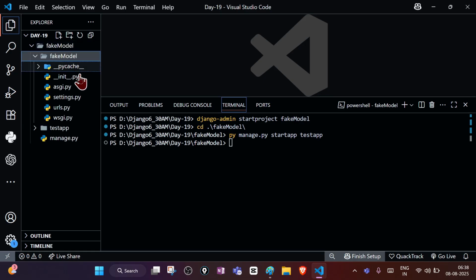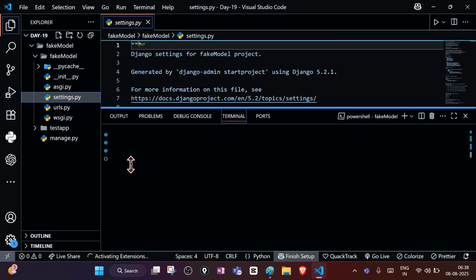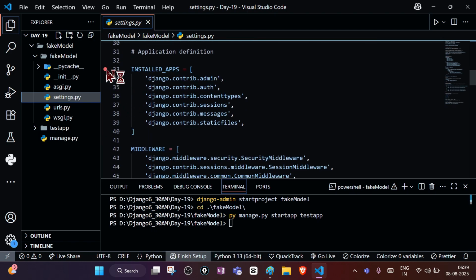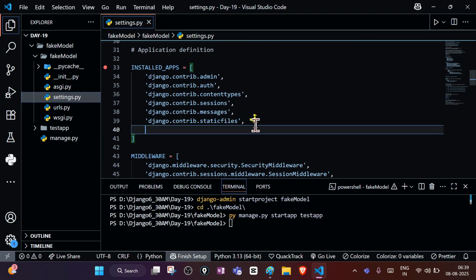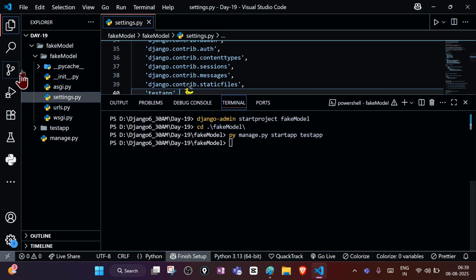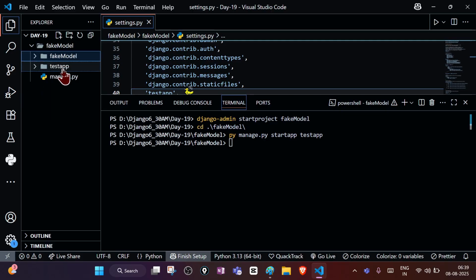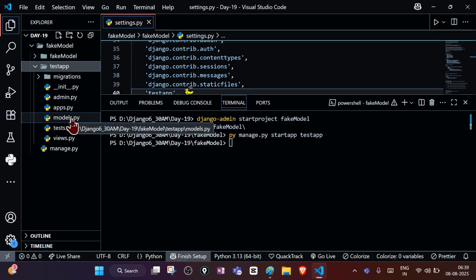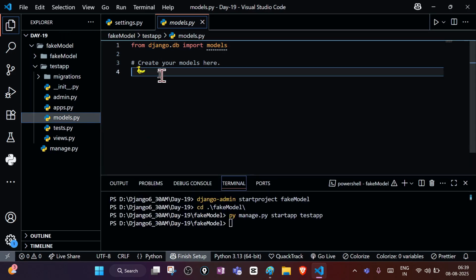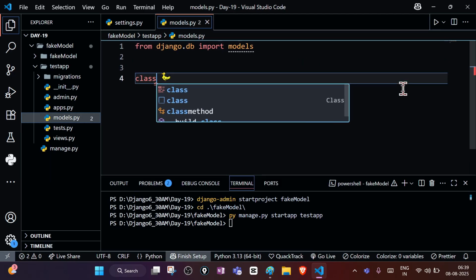This testapp we have to add to the installed applications. Right. So we have already installed applications. Here we have to install our application as well. Right. Now what is the next step? We have to create the model, and where will we create the model? In testapp there is a file called models.py. So here we will create a model, nothing but just a class. So what is the class name? The class name is Student,